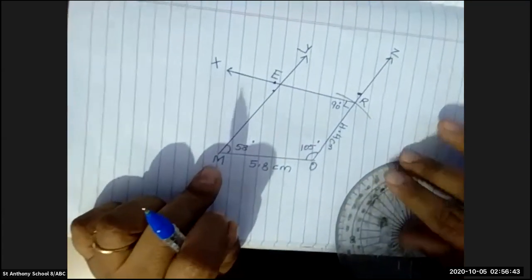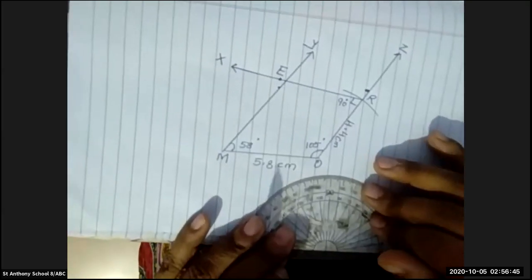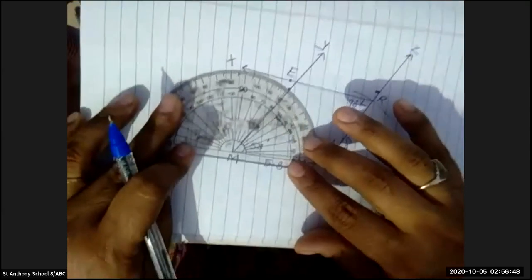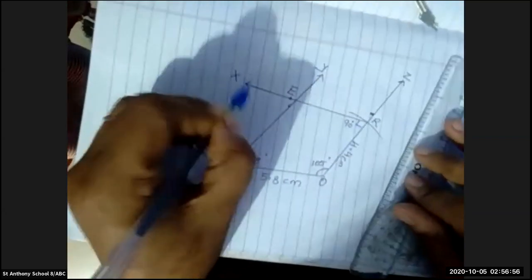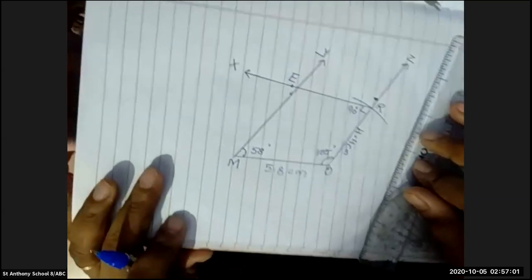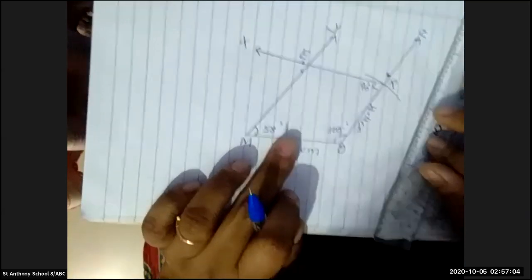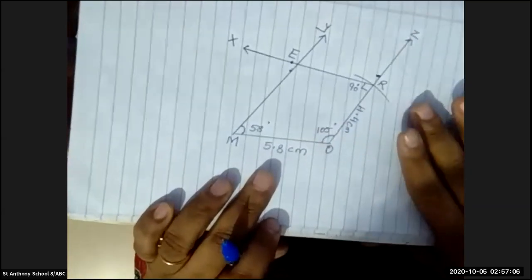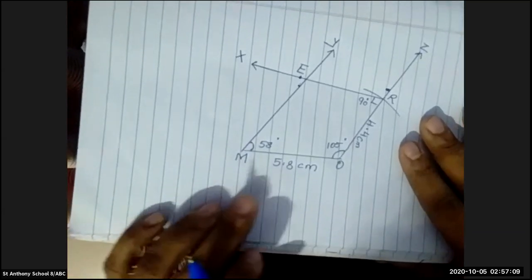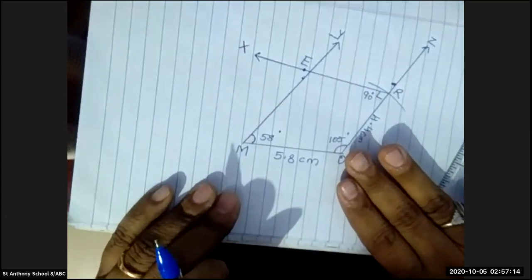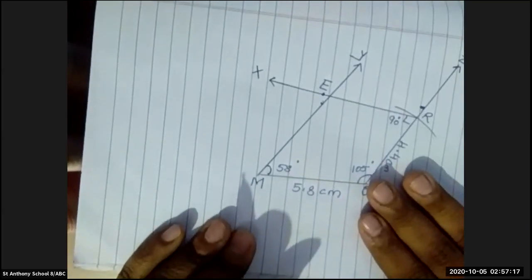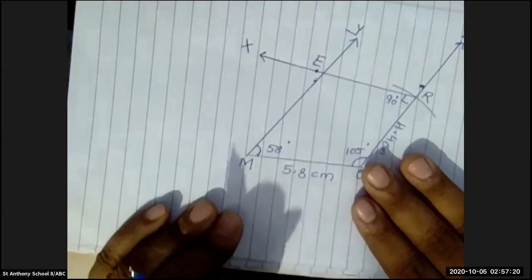Then at M, the measurement of angle M is given as 58 degrees. So you have to put your protractor on M and take 58 degrees. Put a point and make a line over here and put arrows on all the sides. Now here in front of angle M, you have to write 58 degrees. Then the figure is showing you a quadrilateral, that is MORE. So here we have completed our first sum, that is quadrilateral MORE.